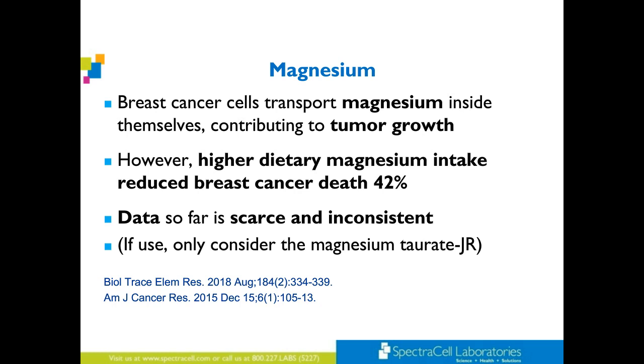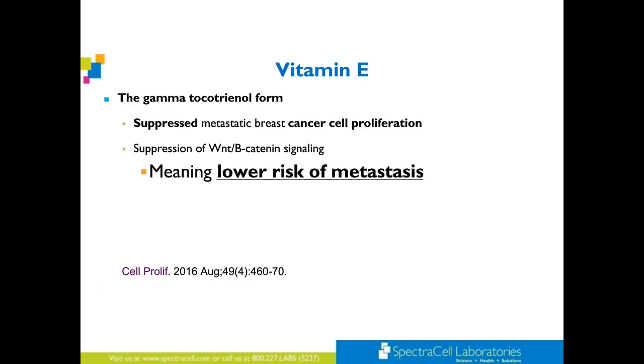However, I think the best way to get magnesium would be Epsom salt baths, and again, through nutritional means rather than taking magnesium supplementation. Vitamin E, very important. The gamma tocopherol form of vitamin E. So the type of vitamin E is critical. Alpha tocopherol that's in multivitamins has not been demonstrated to be a benefit. So the tocotrienols absolutely have been demonstrated to be a